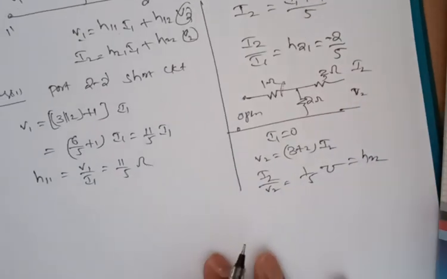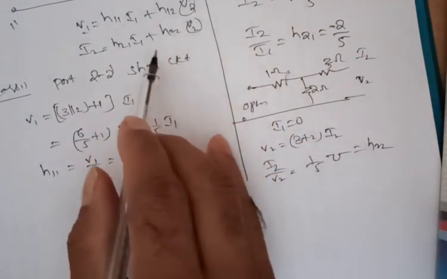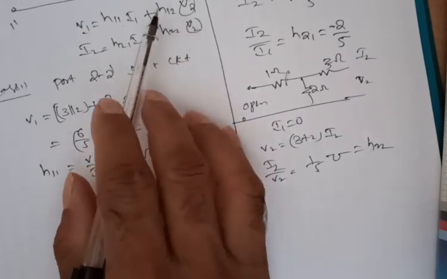That is h22. Okay, next, the last parameter: whenever I1 is 0, by using the first equation,